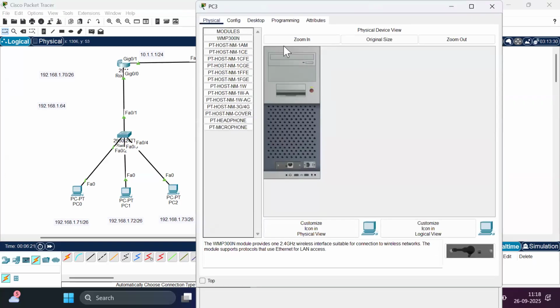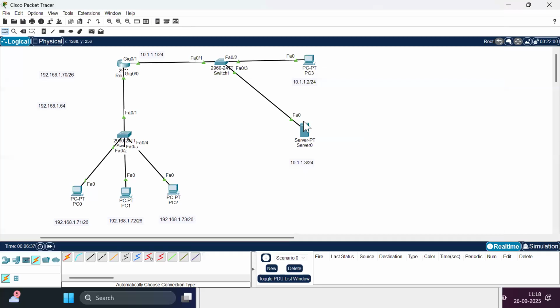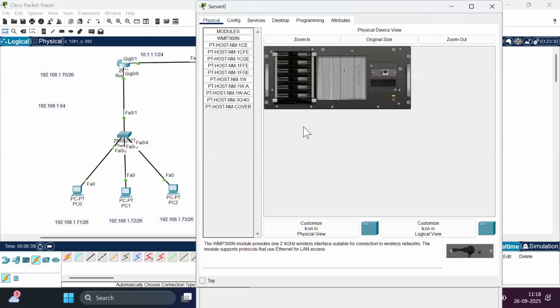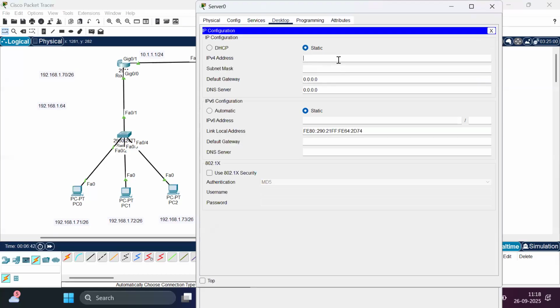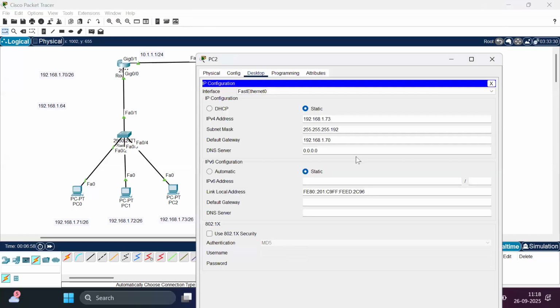First come to this PC, 10.1.1.2, 255.255.255.0, and this is going to be 10.1.1.1. Desktop IP configuration, 10.1.1.3 and 255.255.255.0, and default gateway 10.1.1.1. Done. Now, after this, you try to ping